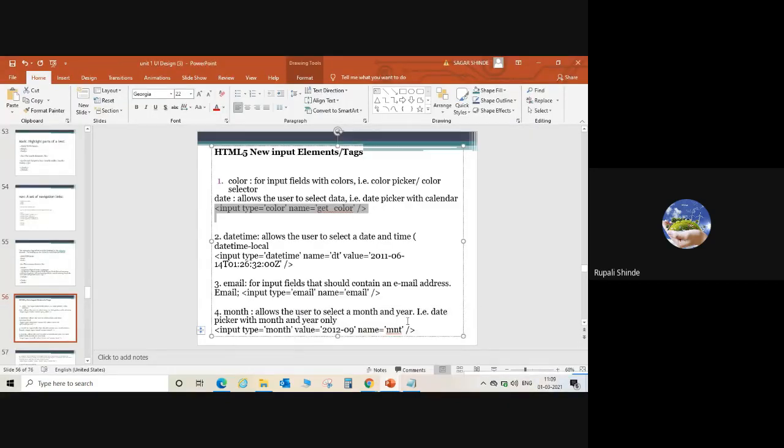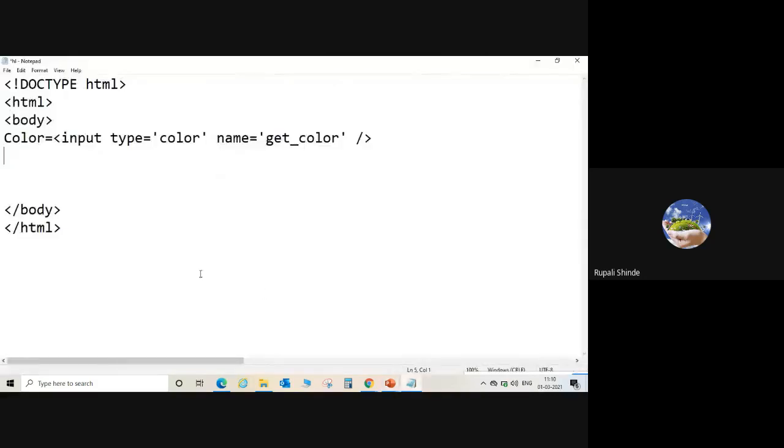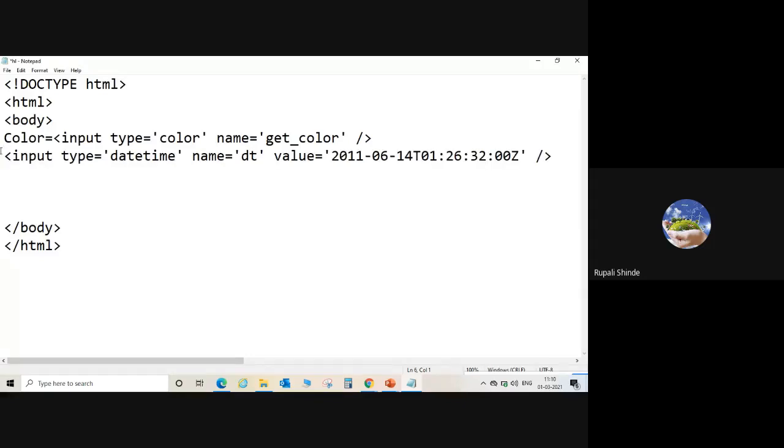Now the next input type is datetime. Here input type is equal to datetime. The name of the input is dt, and the value which occurred on the datetime is the 14th of June 2011.